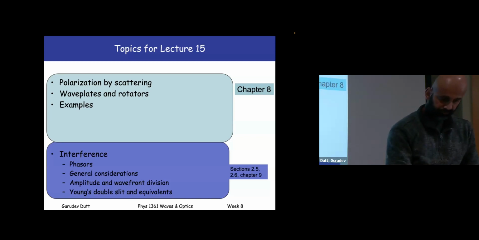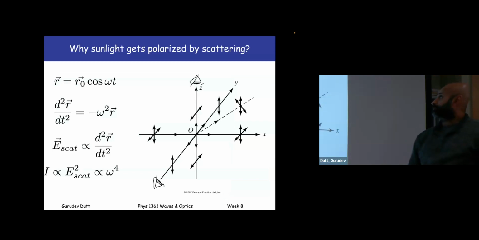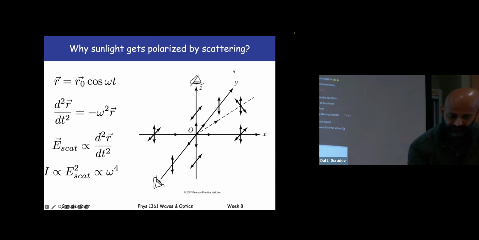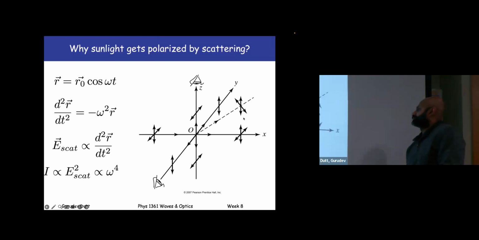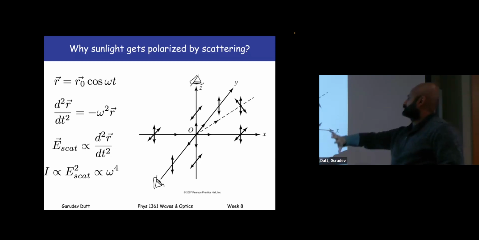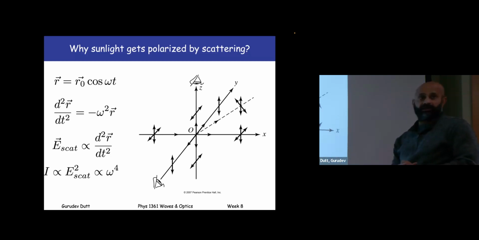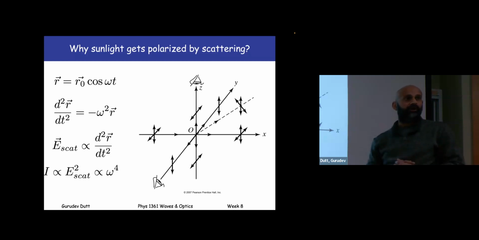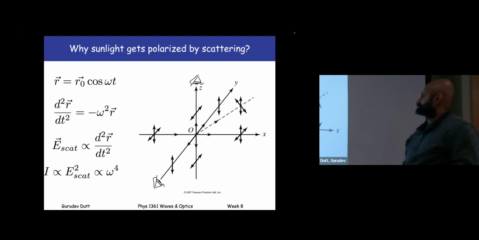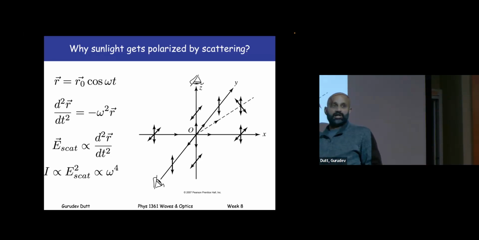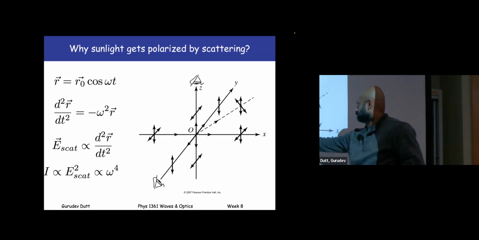Okay, so let's start. First, ignoring the equations for a second, let's talk about why sunlight is polarized. This has to do with scattering, going back to an earlier topic that we discussed a few weeks ago. It has to do with the fact that when sunlight, which is unpolarized, comes in and hits a molecule